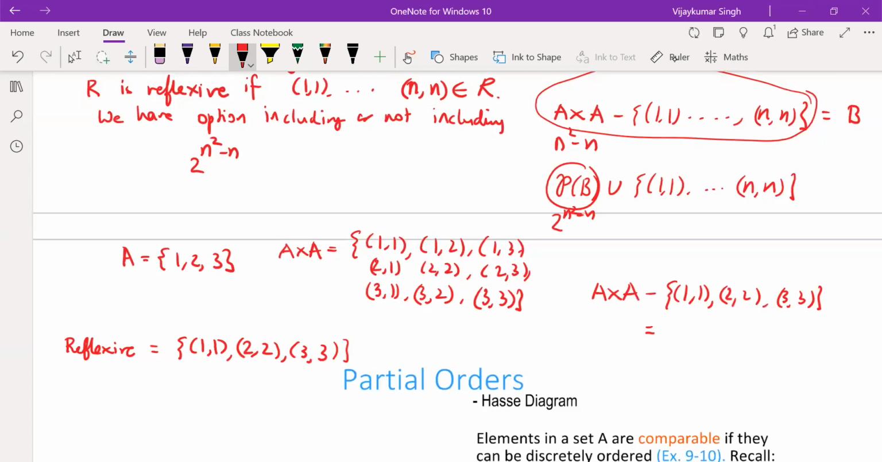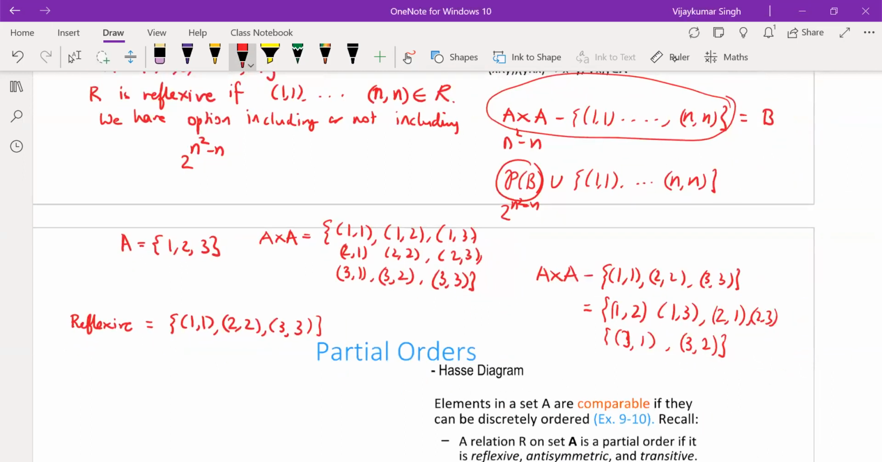Now, what is A cross A minus {(1,1), (2,2), (3,3)}? That is going to be the set (1,2), (1,3), (2,1), (2,3), (3,1), (3,2). Yeah. Now, for reflexive, let R be any reflexive relation. This will be again the union of any of these subsets of this, right? Do you agree? If I include, say, union (1,2),